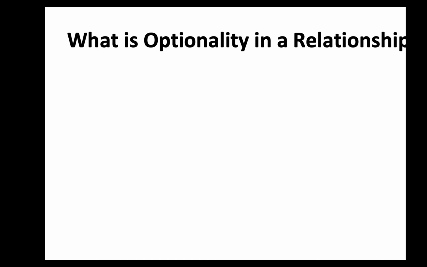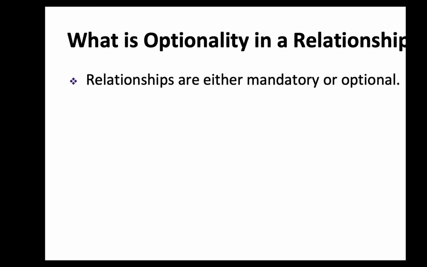So in optionality we are talking about how this entity may have this sort of relationship with another entity, but there are some cases in which your relationships would be mandatory, must be. So you would say a student must be enrolled in some course, right? It depends on the business logic, on the business rules. Business rules will define whether the relationship is optional or not optional. So relationships are either mandatory or optional.